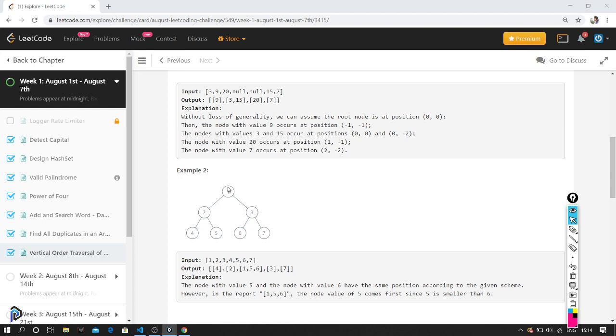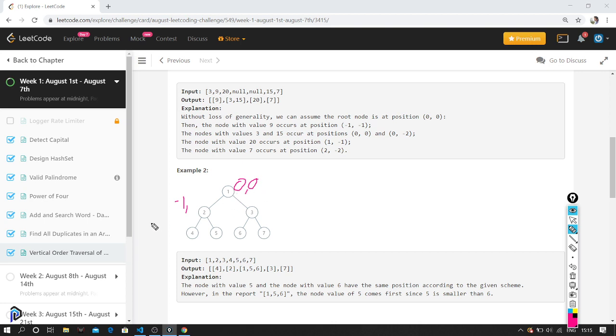Okay, this is the tree that we have: 1, 2, 4, 5, 3, 4, and 5, 3, 6, and 7. So what happens is, 1 would be the root at 0, comma 0. Okay, I'll just put the index over here: 0, comma 0. This would be minus 1, comma, let's say we maintain the level.